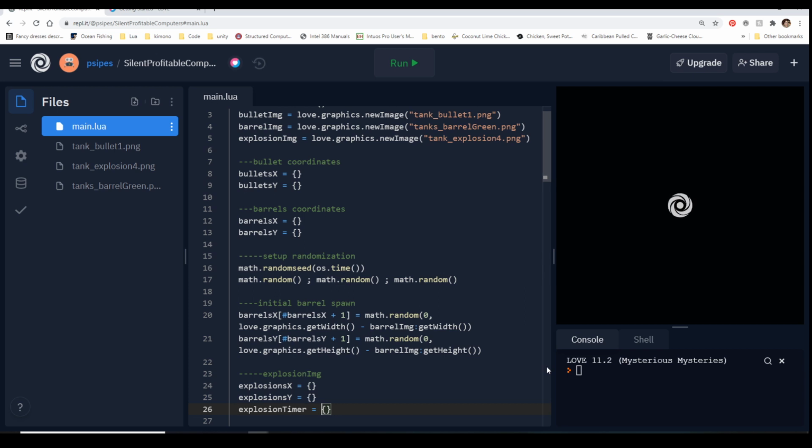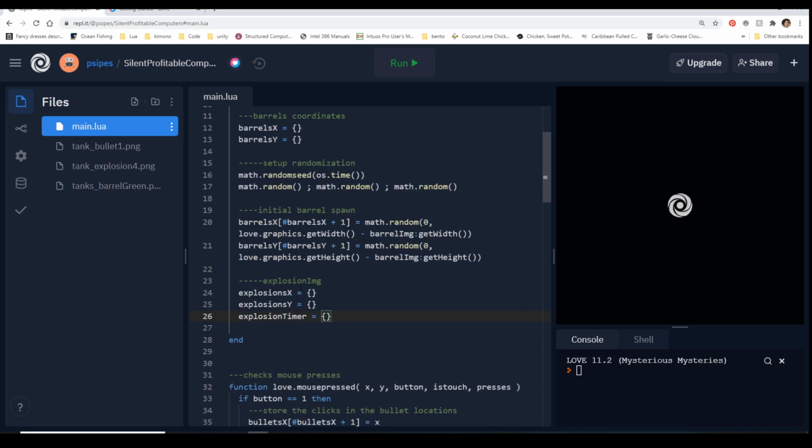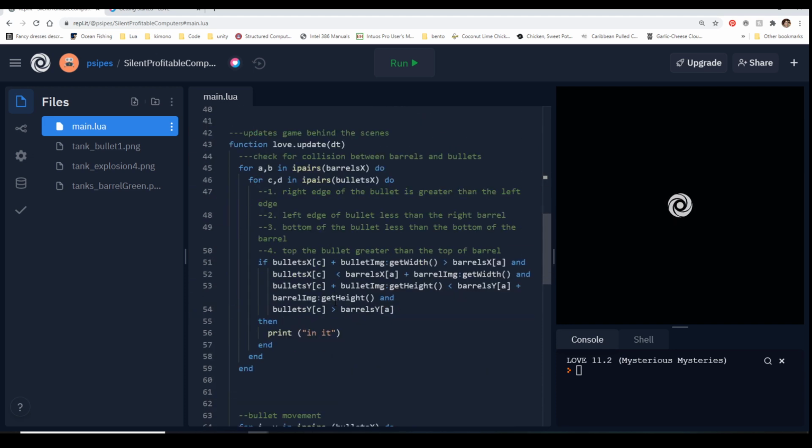so that we can have the explosion show up and then eventually disappear. Now, you could also use this timer down the line to fade the explosion out if you wanted to. I'm not going to show you how to do that. It's just a matter of changing the alpha channel, which you can do by looking up how the graphic display works. So, now that we have this set up, we can go ahead and create the explosion at the tip of the bullet.